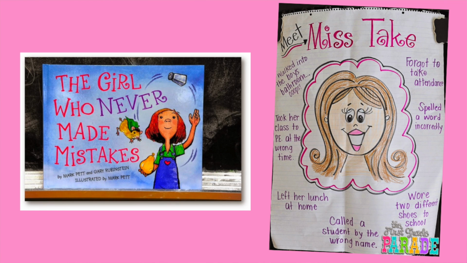Some other things that you might want to do are really focus on learning that it's okay to make mistakes. I love to promote making mistakes and then fixing them. So anytime someone makes a mistake, but then they come back and they fix it, or they continue to keep trying at it, we really celebrate that as well in my classroom, because that helps build self-esteem. We want to shy away from building a culture of perfectionism and instead teach kids that what is most important is that when you fall or make a mistake, you get back up and you continue to try and